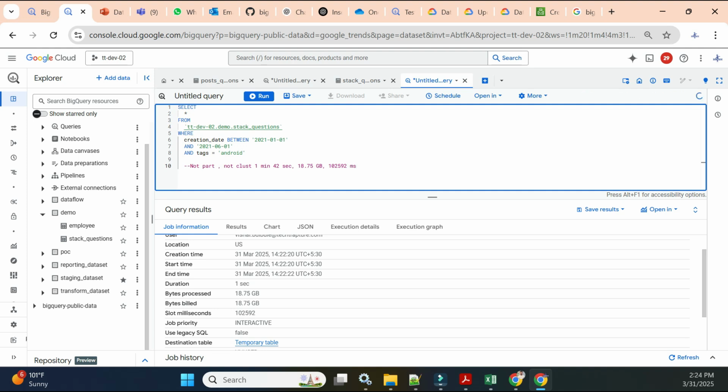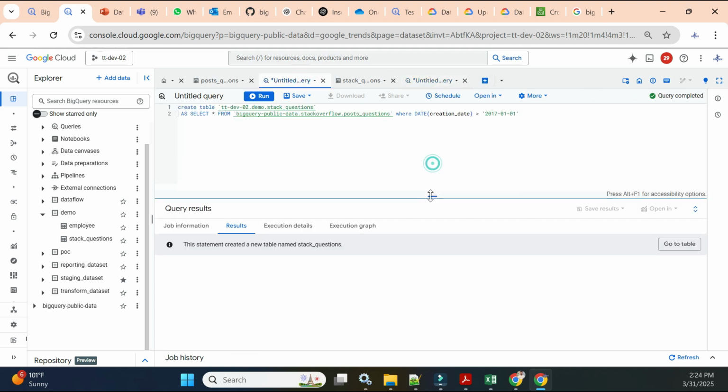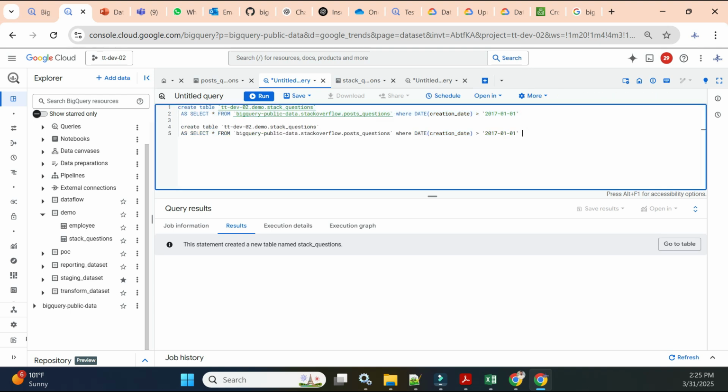Now what I will do, I will create a partition table. So I will go back here. How to create a partition table? You cannot add a partition on an existing table. You have to create a new table. So here only I will use the same query, and I will just change it a little bit. So how will I change it? In the same query I will just write,